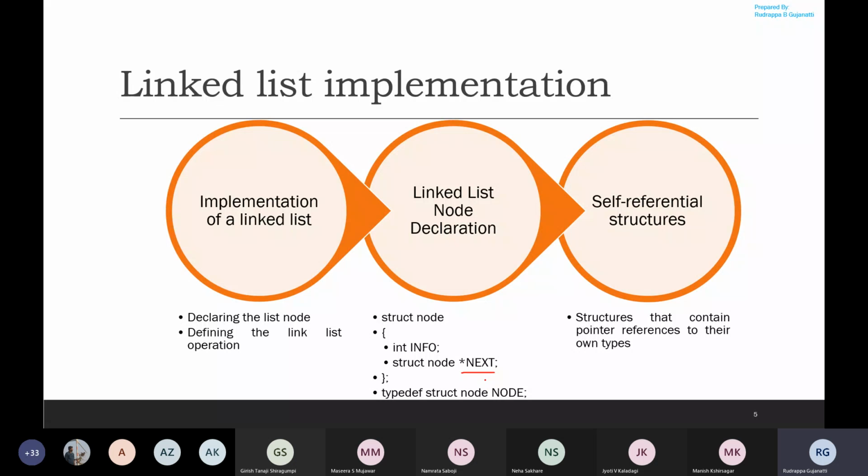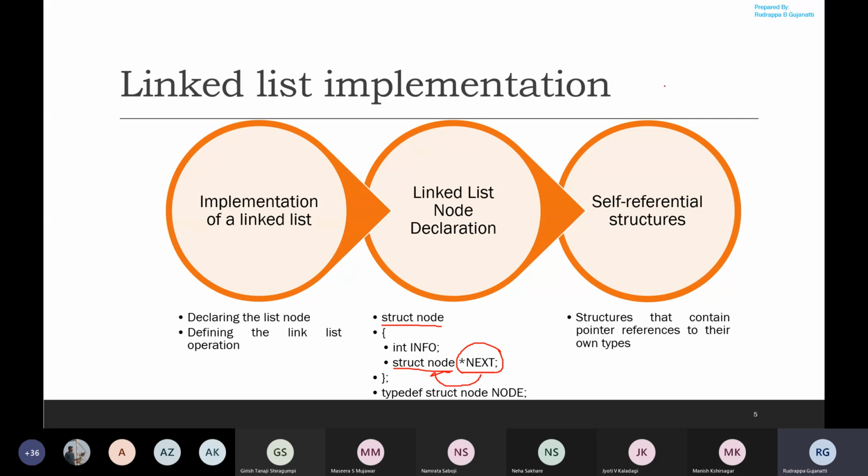It should be pointing to the node data type, which is actually what you are defining over here. So therefore struct node indicates that this next parameter, and the star which is present, indicates that next is a pointer which points to data type of struct node.